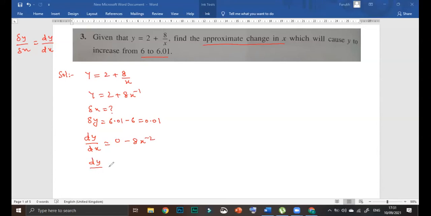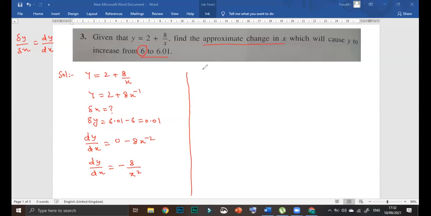dy over dx is equal to minus 8 over x power 2. Now we have the original value of y, but we will put the value of x into the derivative. We have the derivative in terms of x. First of all, now we will find out the value of